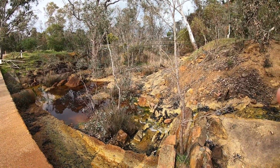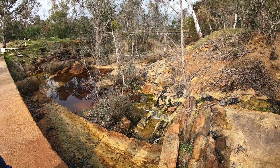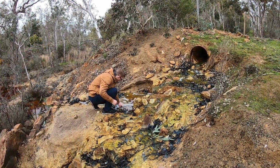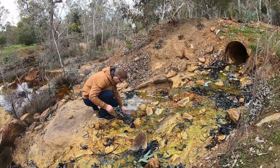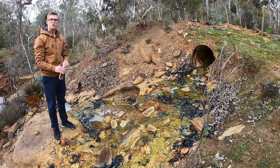So, what did you say this water is? That's coming from the mine. This is leaching from the pits in the mine. So what would I call this? So I would call this, I mean, if you're going to get water from here, I would call it...